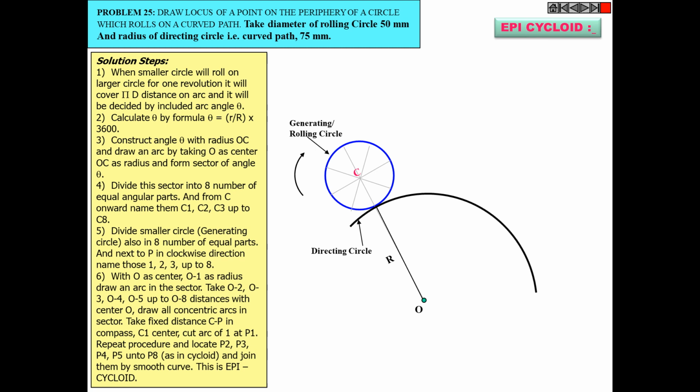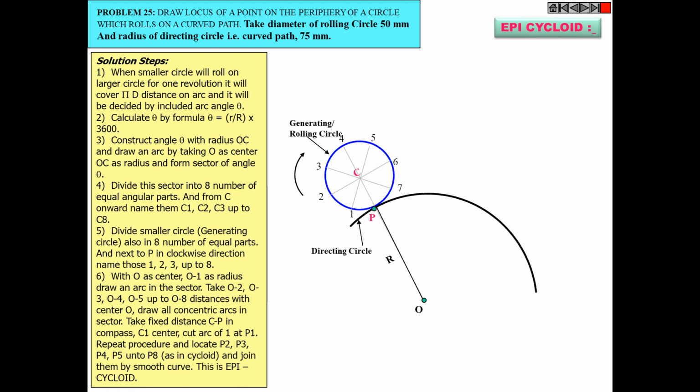No. Okay. Next is the naming of all the points. Since the rolling circle is rotating in clockwise direction, the naming of the circle will also be in clockwise direction. First point, second point, third point, fourth, fifth, sixth, seventh, and obviously this intersecting point is nothing but the eighth point or the first locus point of your epicycloidal curve, that is point number P. Any doubt in the naming part of the rolling circle? No. Okay.